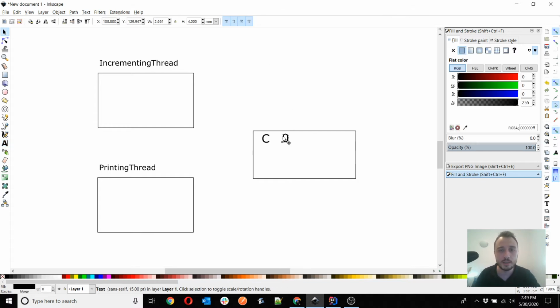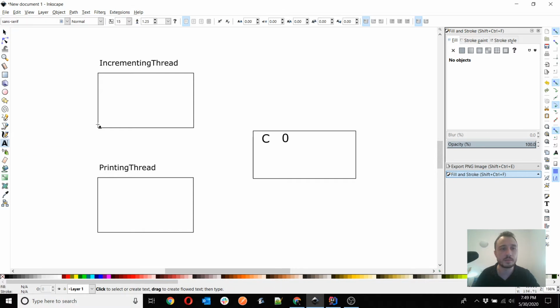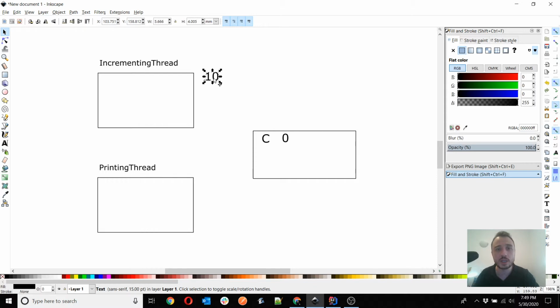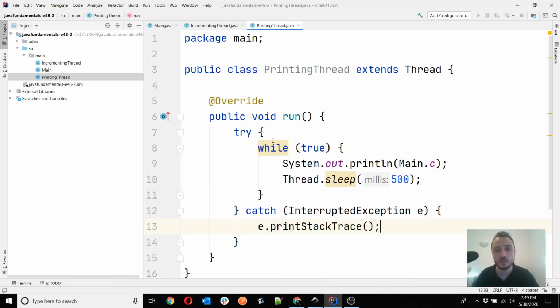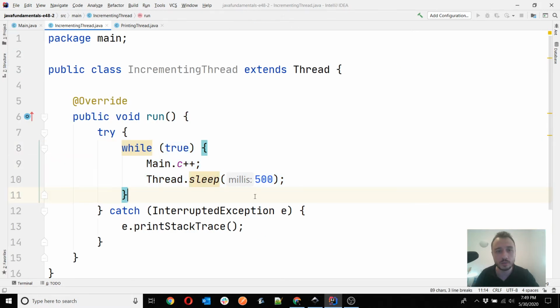So now say that the incrementing thread here is running 10 times. That means it runs the while for 10 iterations. So what actually happens if the incrementing thread executes this while for 10 iterations? Well, C will become first 1, then 2, then 3, and then up to 10.